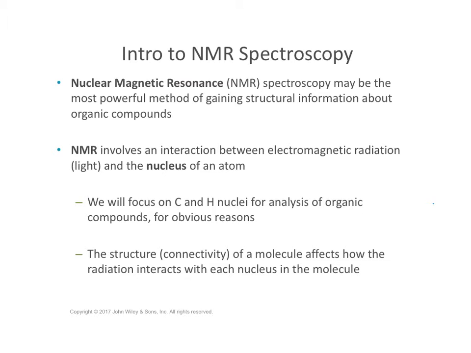In this course, we'll focus on carbon and hydrogen. However, there are many types of NMR spectroscopy, including fluorine and phosphorus NMR. Importantly, the information we get from the NMR will help us figure out how the carbons and the hydrogens are